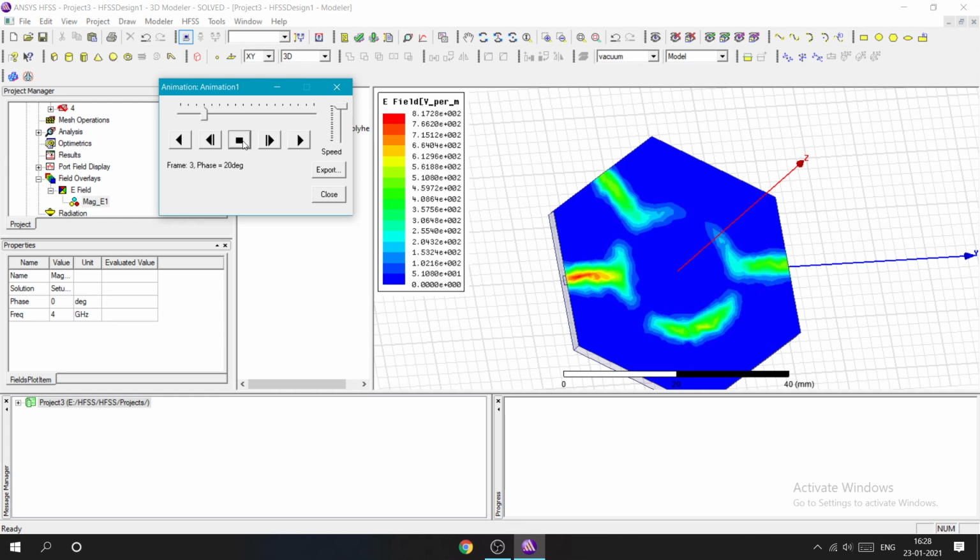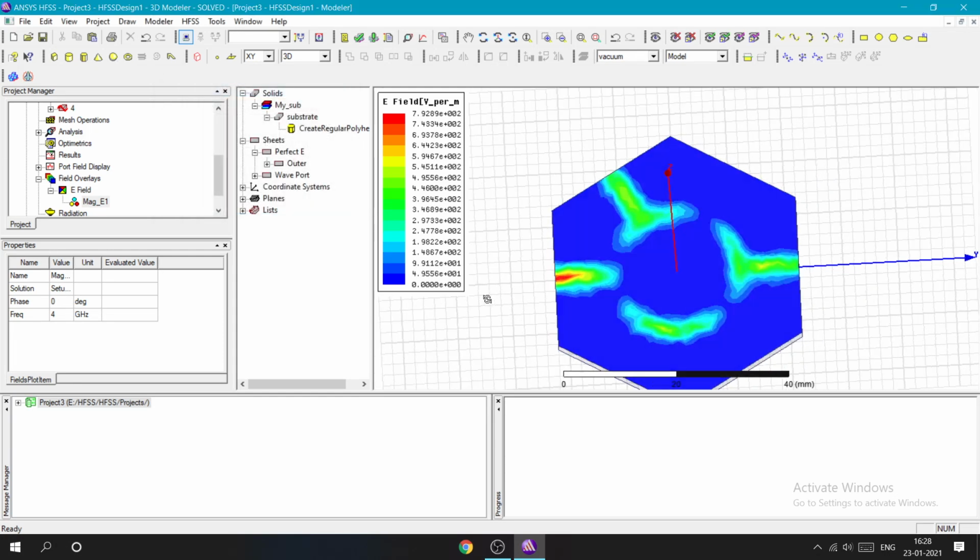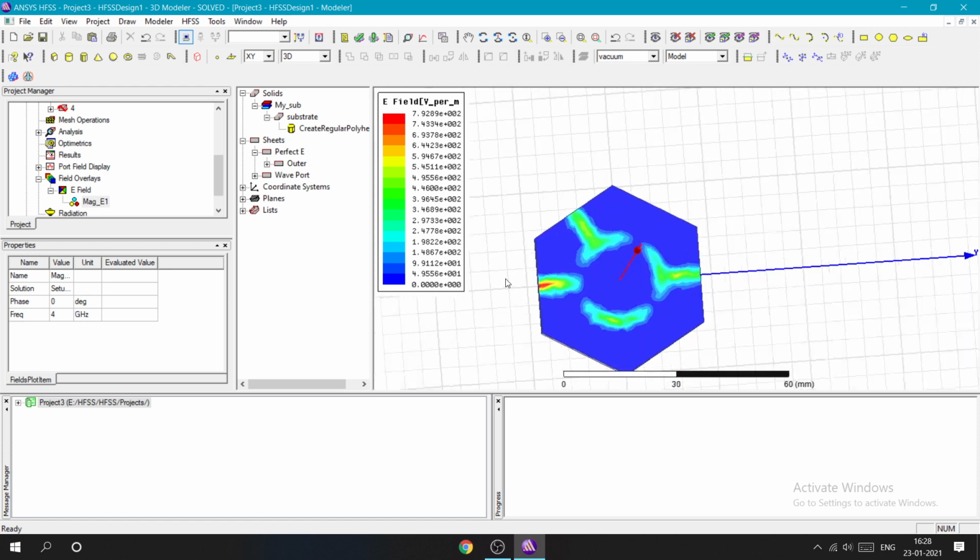you can play. The interesting part is you can play in the reverse direction as well. Okay, so if you click it, it will play in reverse, forward play, stop. So yeah, so this is the creation. Now we will see some plots, graphs.